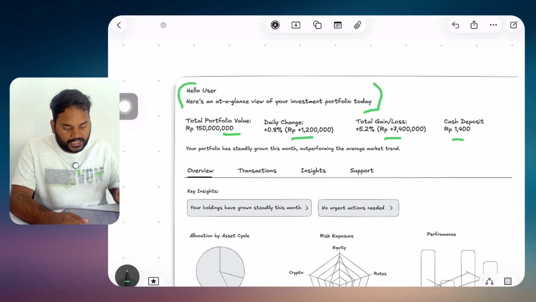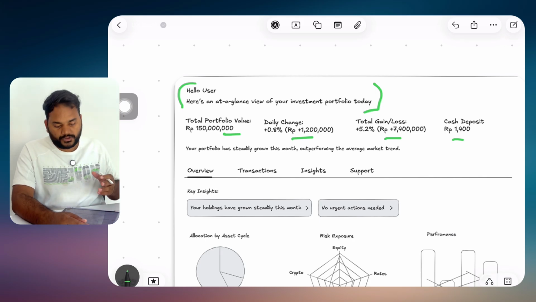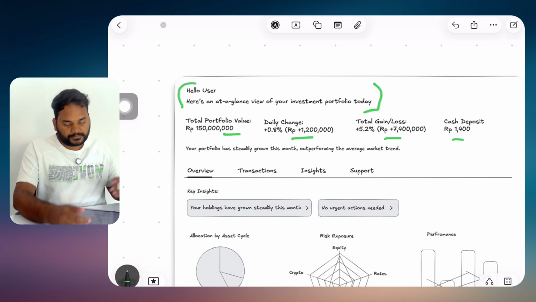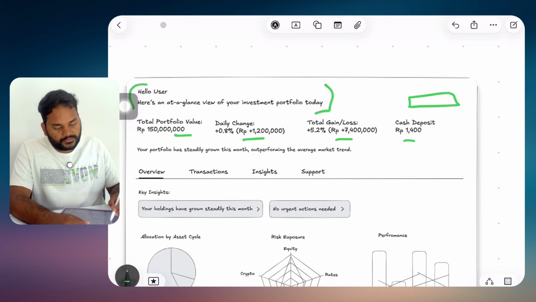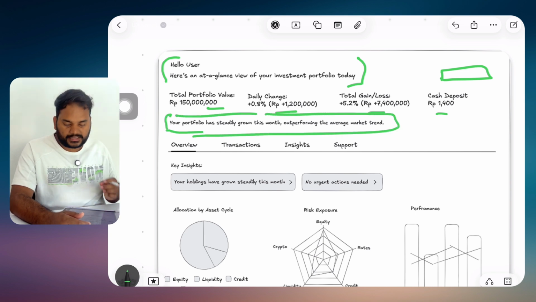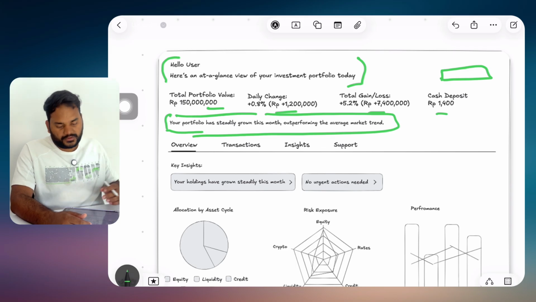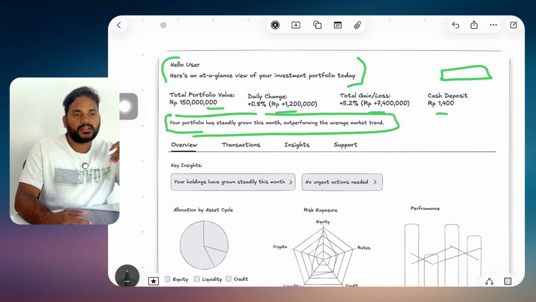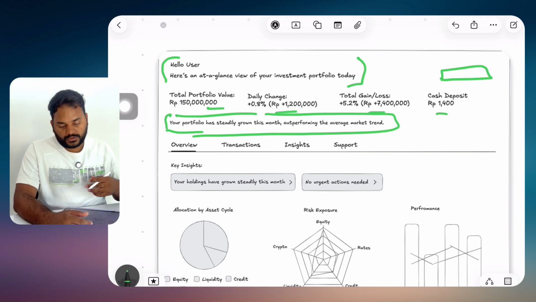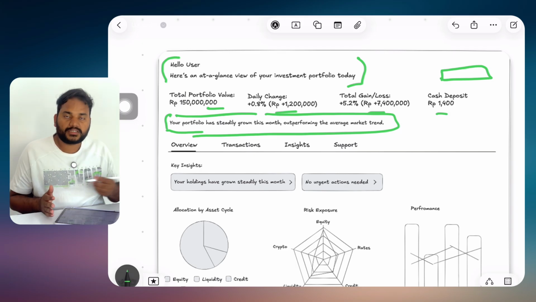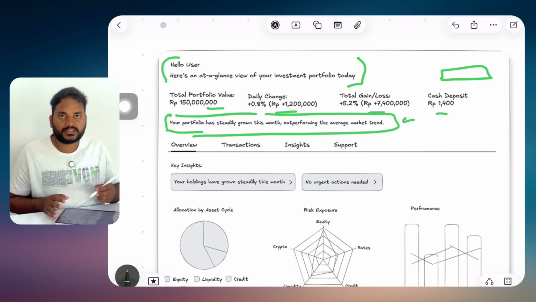Now next is the total gain and loss, the overall impact on their portfolio, like how much impact there is over the last 30 days or other periods. The last 30 days and so on will become a filter, which we'll see in the design. Now you can see 4 cards are given, and just below those cards I have a line: your portfolio has steady growth this month, outperforming the average market trend. This is added in the wireframe because it will inform the non-technical user, who is not that much into numbers, who can just go through the dashboard and read the synopsis of it. So this is important. Have this in your notes.